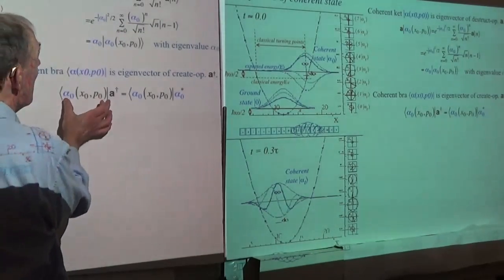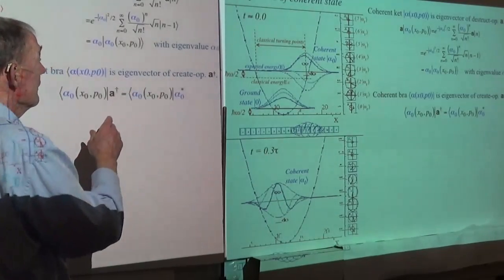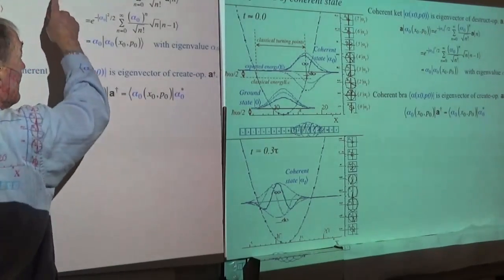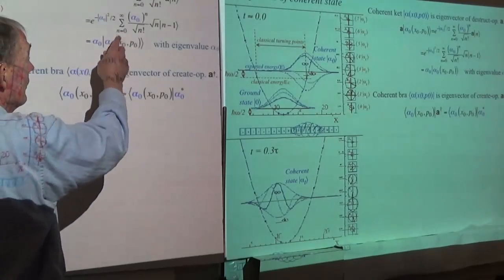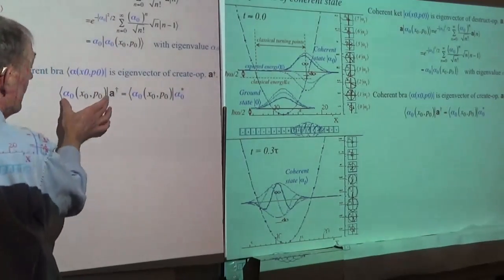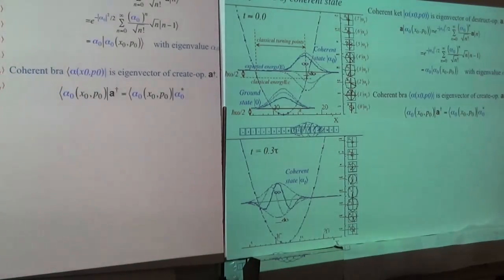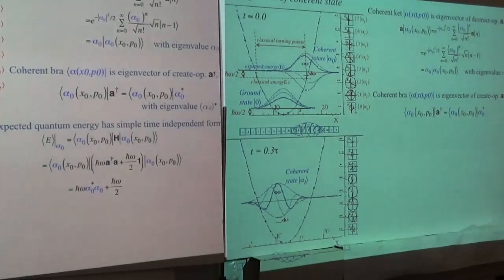A coherent bra state is an eigenvector of the creation operator. But the creation operator is not an eigenstate, this is not an eigenstate for the creation operator on the ket, and this is not an eigenstate for that. It gives you a mess each time you try that. But in between that you have these two